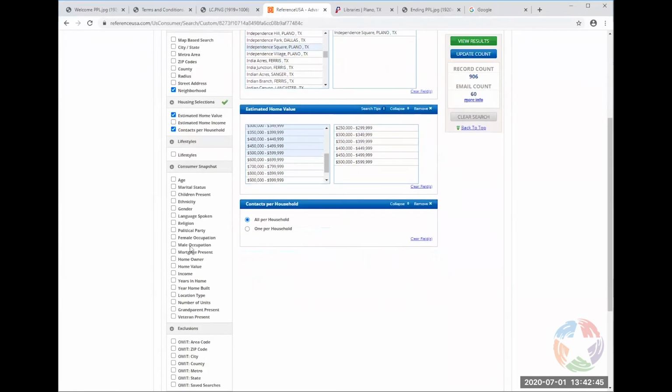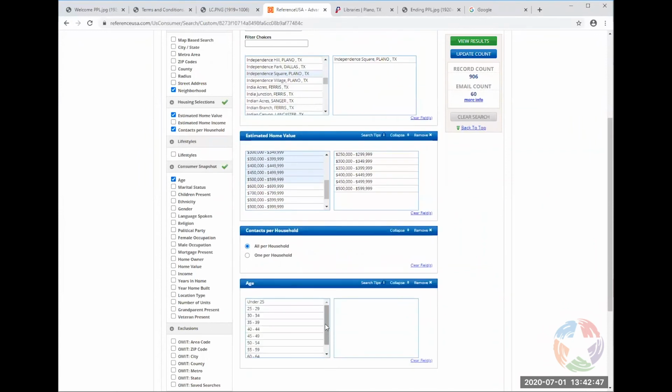You can also come in here if you happen to know your product is really going to appeal more to the 50+ crowd or the 30 to 40 crowd, or over 30 or something like that. It just depends on what your product is. So you can come in here and say that. If you update the count, we've narrowed it down to 509. And it just depends on at what point you want to cut that off or not.